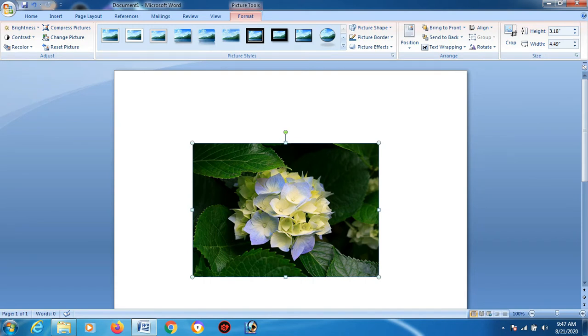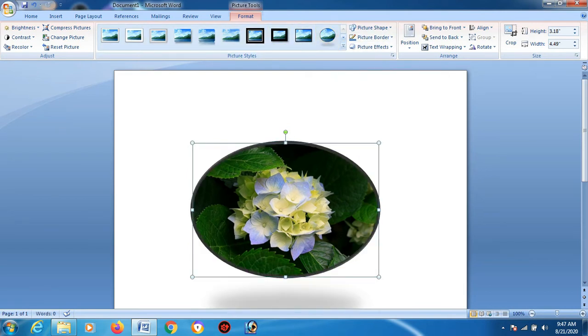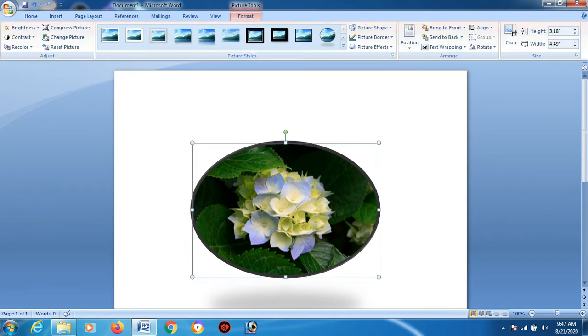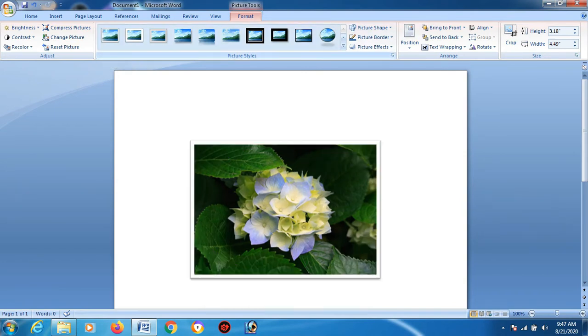You want to insert a frame on this picture. See, there are different frames. Let's suppose select this picture and select this one. See how it looks. Is that clear? Okay, so if you want a different frame, you can select a different one.